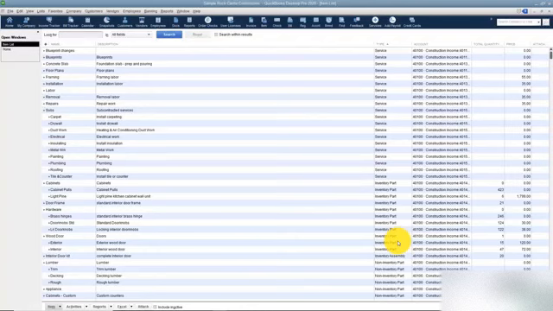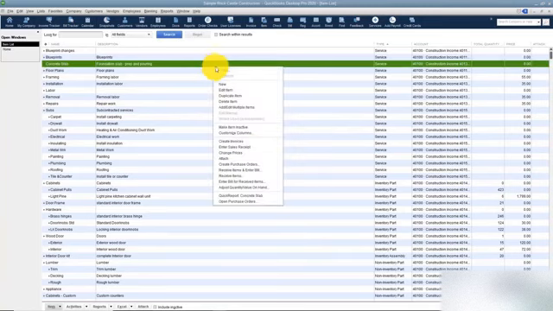Some of you may have thousands. It really just depends on your business. I want to take a few moments now and show you exactly what you need to set up when you're setting up an item. The quick way to set up any new item is just to right-click, and I want